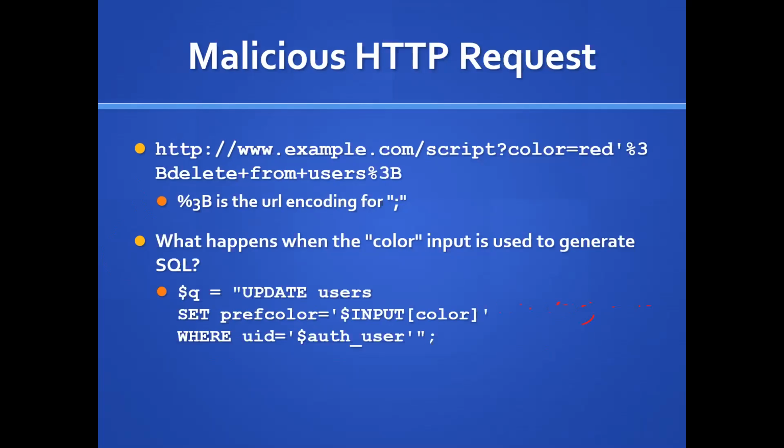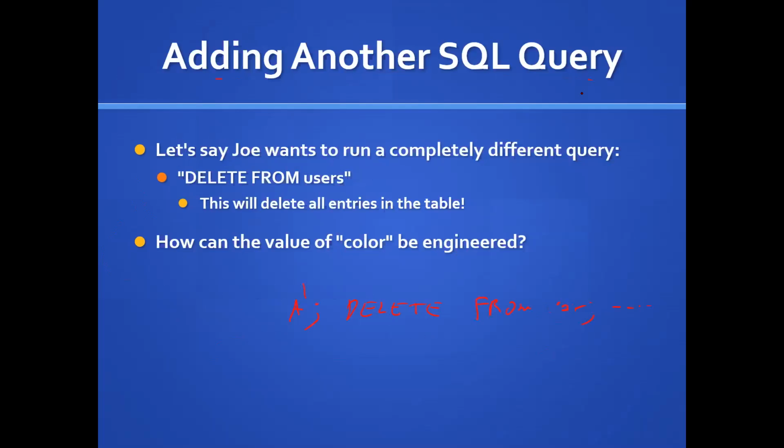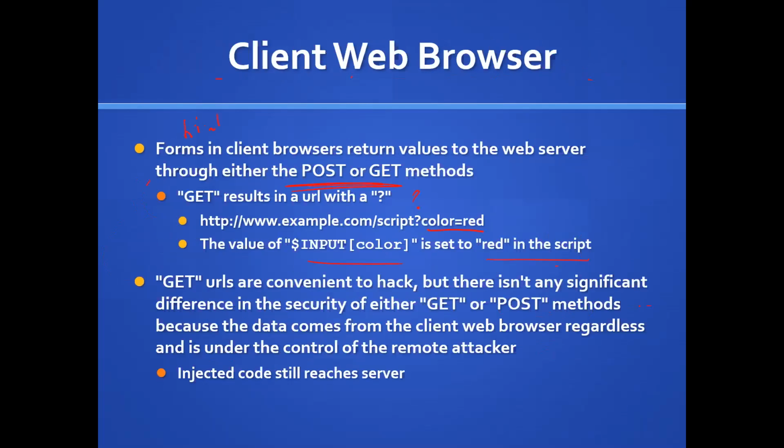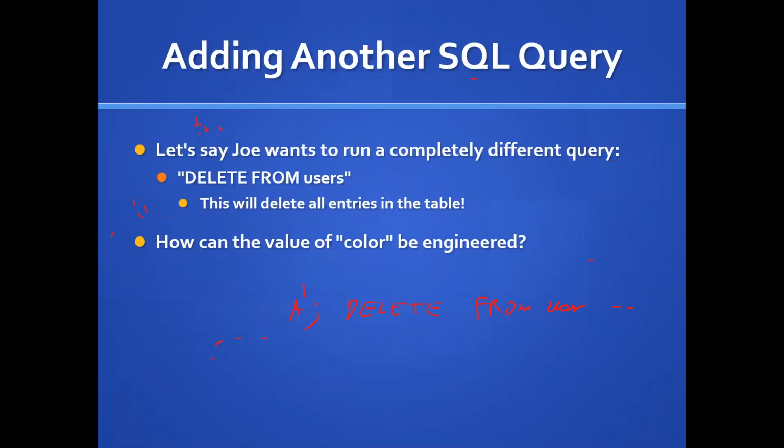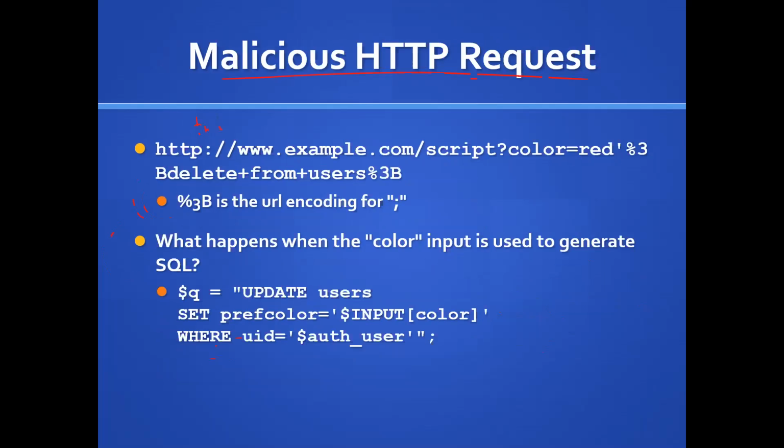Another example is through HTTP. In the previous example, we assumed that we were taking in a value, input color, as part of the HTML, etc. Here, we could also just pass it through the URL itself. So a malicious URL: send the data via the URL. We will see a lot of these examples when we look at the JavaScript problems. Now, everything is pretty much the same as before when we do this attack, except that